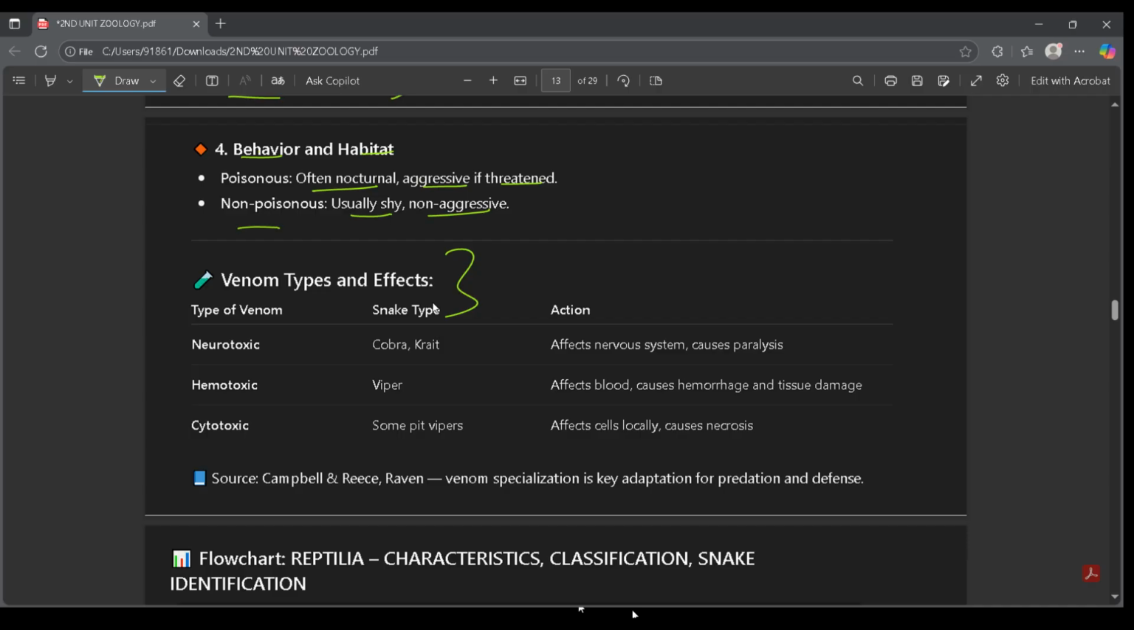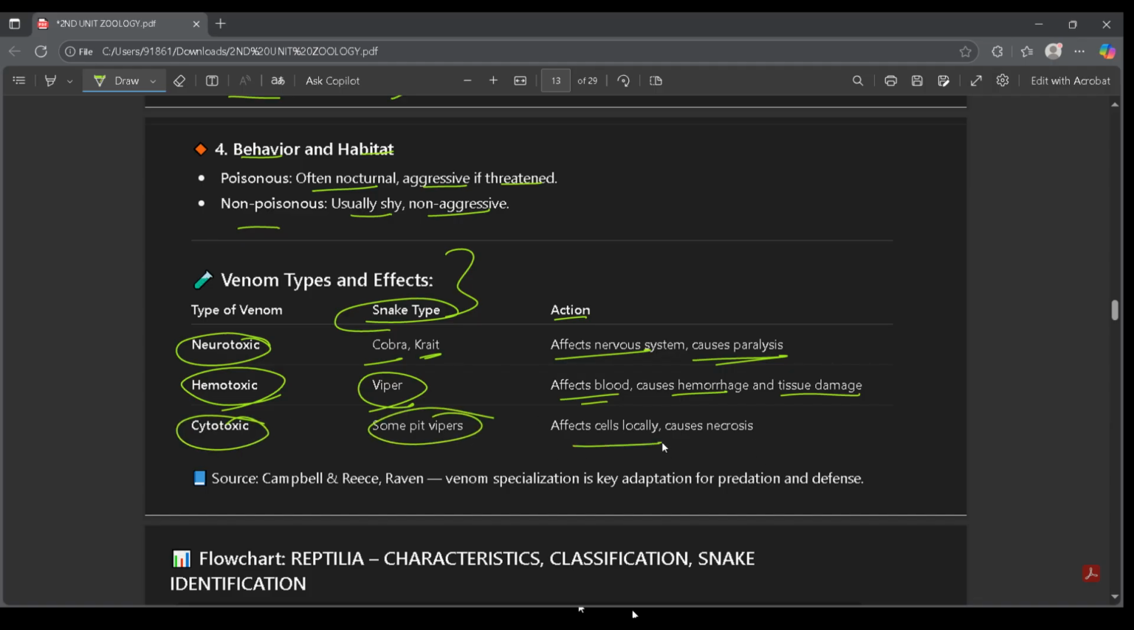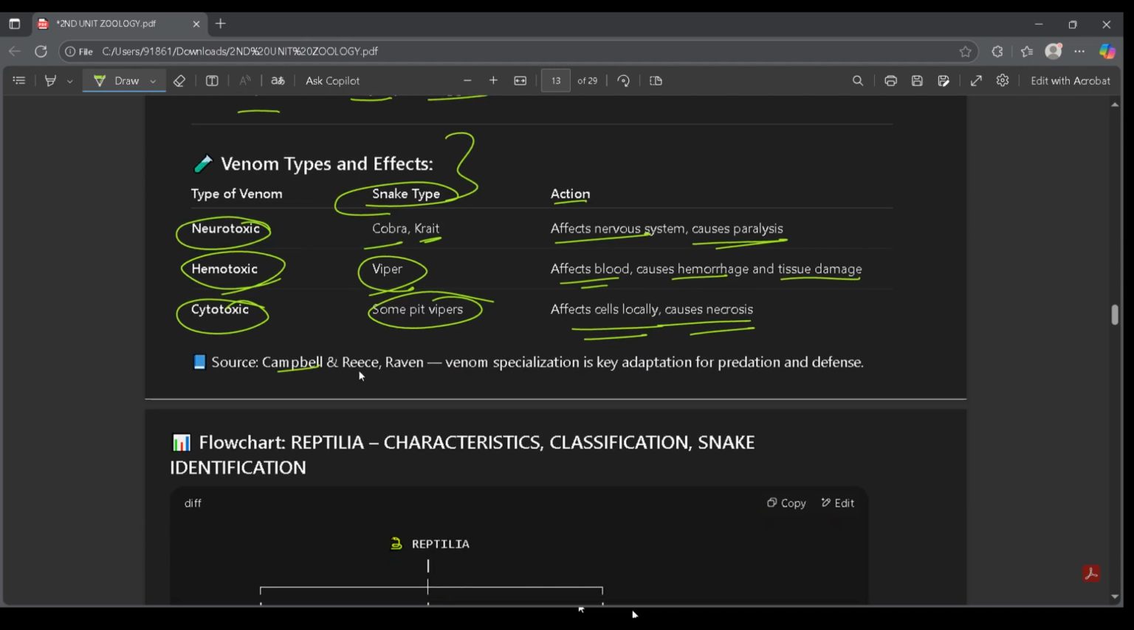Venom type and their effects. Now, type of venom, we have neurotoxic. Example of the snake type is cobra and krait. Action: affects the nervous system, neurons, and causes paralysis. And we have hemotoxic, which is due to vipers, affects blood, causes hemorrhage and tissue damage. Then we have cytotoxic, some pit vipers, affects cells locally and causes necrosis. Here, the sources of Campbell and Reece, and Raven say that venom specialization is a key adaptation for predation and